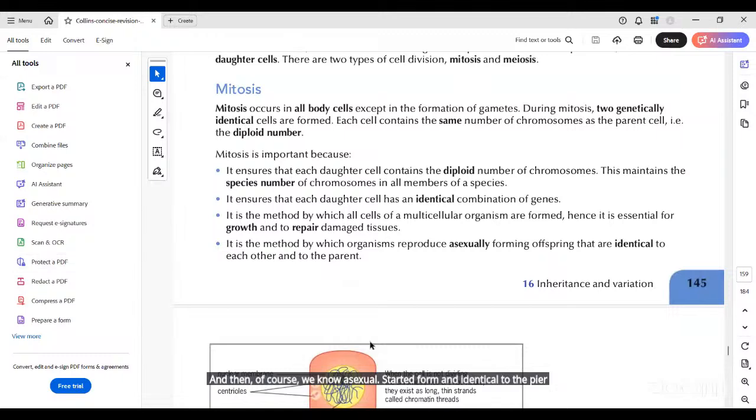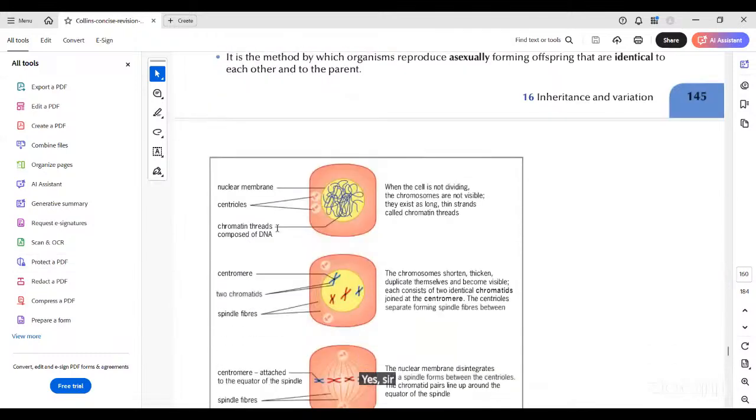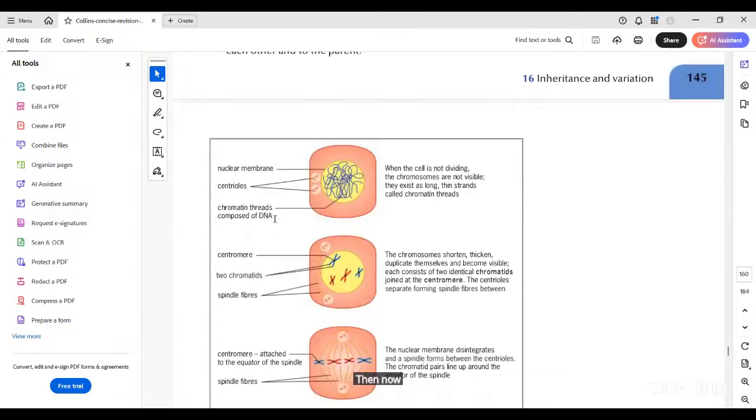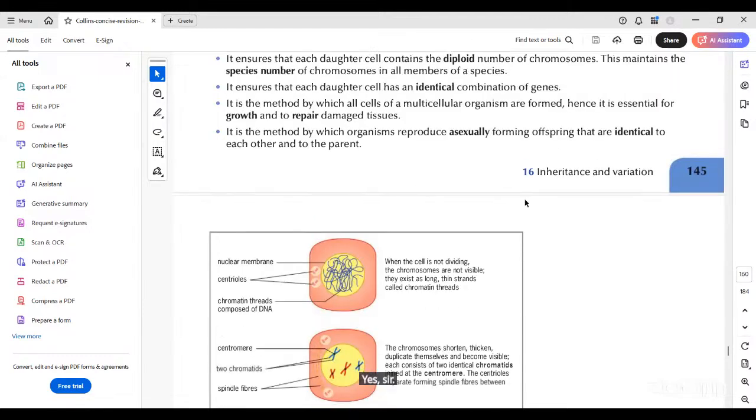Are we good so far with the importance? Yes, sir. Then now we look at the stages,